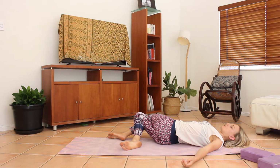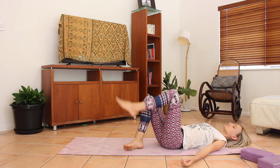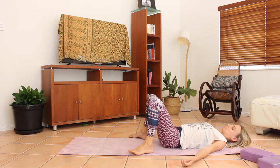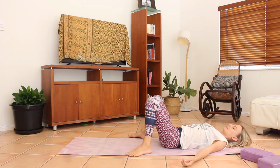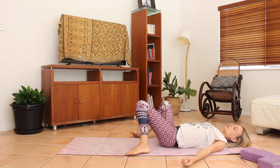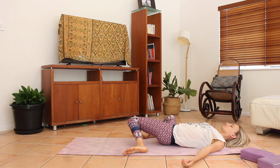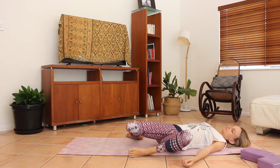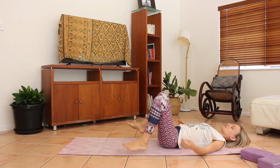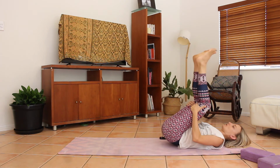Turning the head back to center, then gently lifting the legs back to center, unhooking them, bringing your hips, your pelvis back to the midline, and then just windscreen wiper both legs from side to side. Okay, and then bringing the legs back to center, draw them into the chest, and we're just going to rock